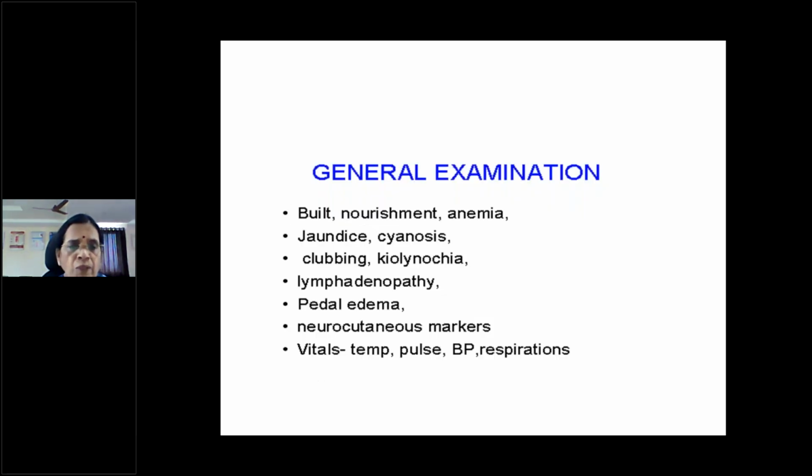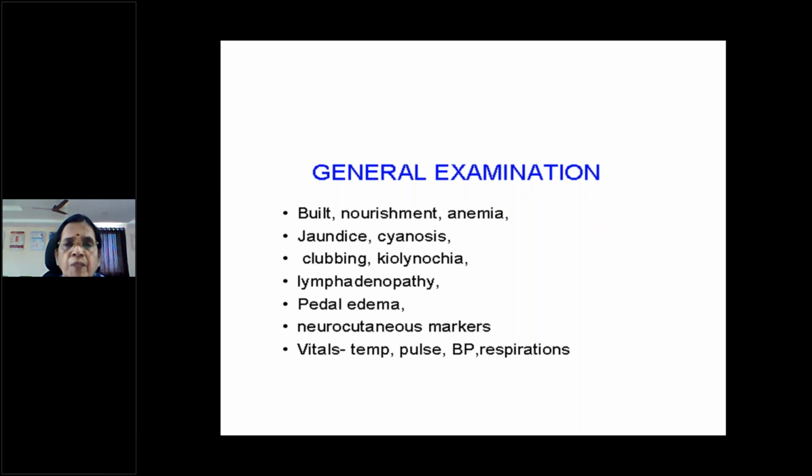So this is all about the history. History is very important, I told you. The mode of onset, progressive onset, and then past history is very important, whether the patient has a recovery or recurrent attacks. By these you can make out what exactly is the cause for the disease. Even in COVID infection, in the acute phase they may not have it, but later they may develop a neurological deficit. That's why all these things are important while asking the history.